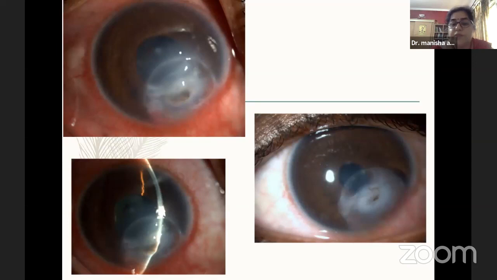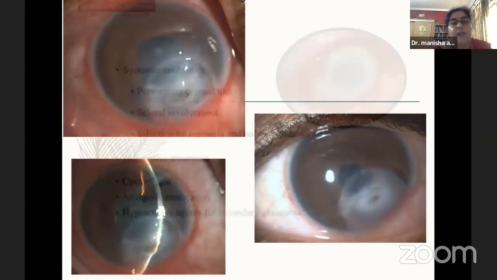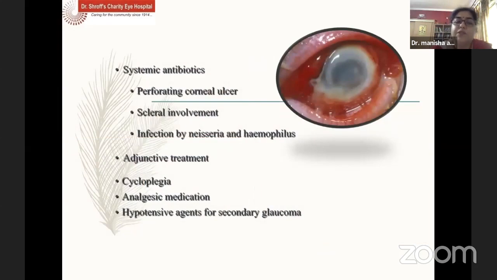So this was a patient treated with monotherapy, did well and healed with a scar. There is no need for systemic antibiotics in smaller ulcers, but the indication definitely comes when it's a perforating ulcer with scleral involvement, or if we are having infection with a more virulent organism like Neisseria or Haemophilus. Adjunct treatment along with antibiotics should be cycloplegics, and analgesic medications if the patient is in a lot of pain, and